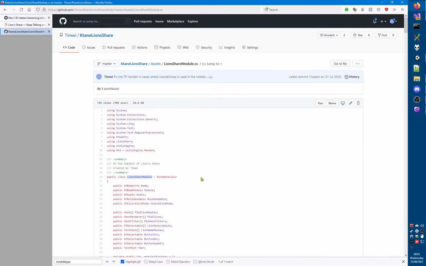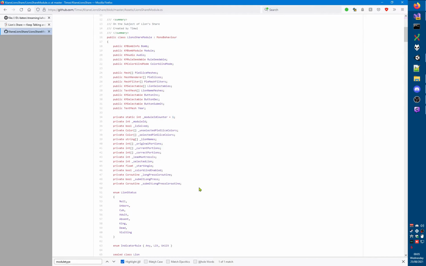And then we need to obtain the information from fields that are declared in this class. Sometimes it's the public fields, most of the time it's the private fields. In particular, we need to know when the module is solved, because we need to wait for that. And then once that is the case, we can look at the list of lion names, and we can look at the year, which,